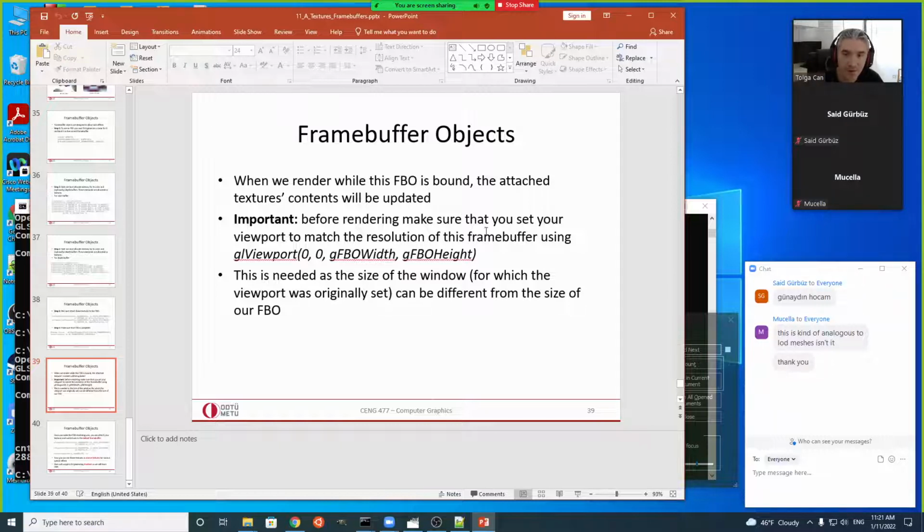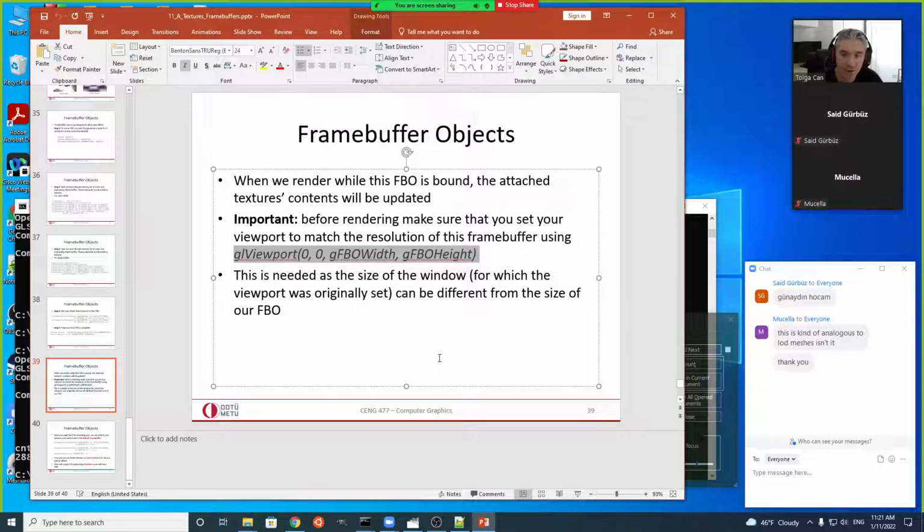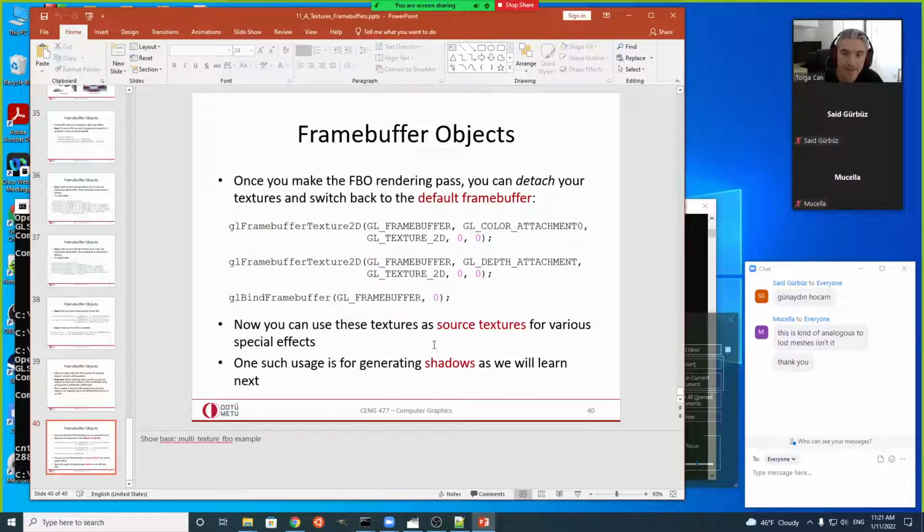Also, before rendering, we should match the resolution of this frame buffer by updating our viewport like this. Once the frame buffer object rendering pass is done, we can detach our textures and switch back to the default frame buffer. We can just bind frame buffer 0 to draw everything